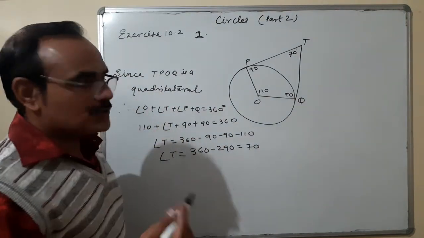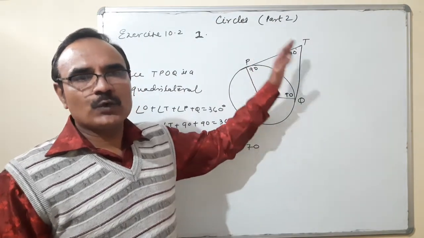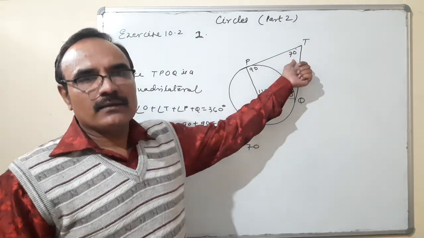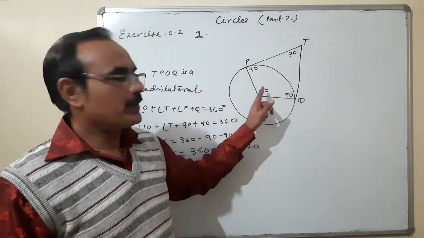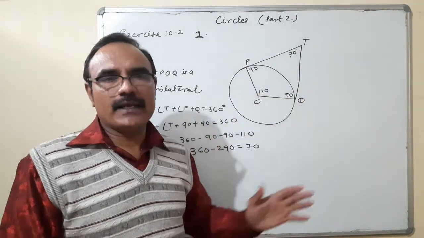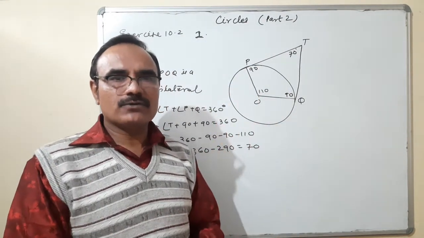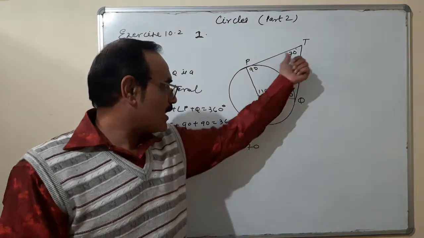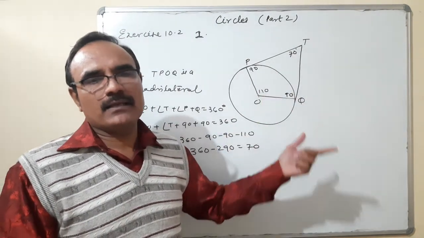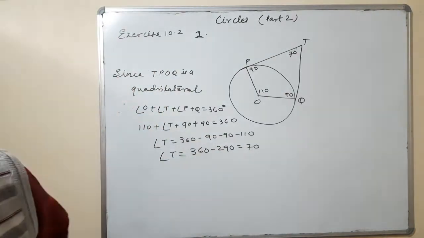In next onwards questions, remember one thing: if this type of diagram is there, in which there are two tangents and two radii and one angle is given, then the value of the other angle is 180 minus the given one, because the sum of these two angles is always 180 degrees, where the remaining two angles are 90 and 90. They are fixed angles because of theorem 10.1, which says a tangent to a circle is perpendicular to the radius through the point of contact. So the sum of these two angles is always 180 degrees. One of the angles is given and to find the second angle, we simply subtract it from 180. So that is question number 2.